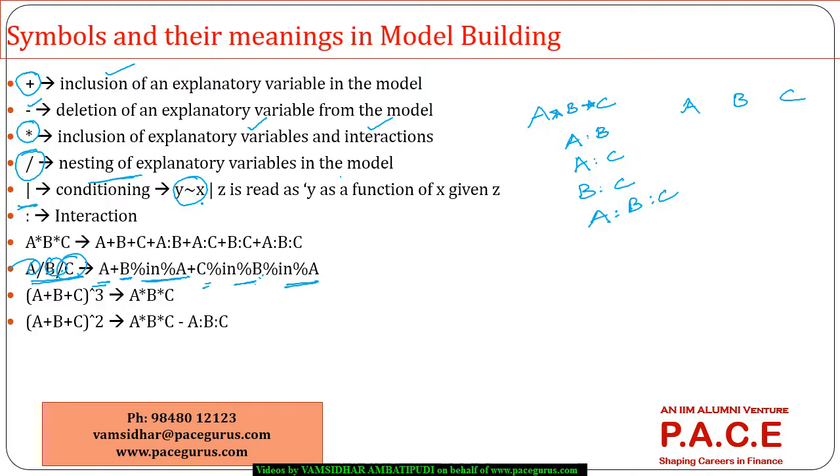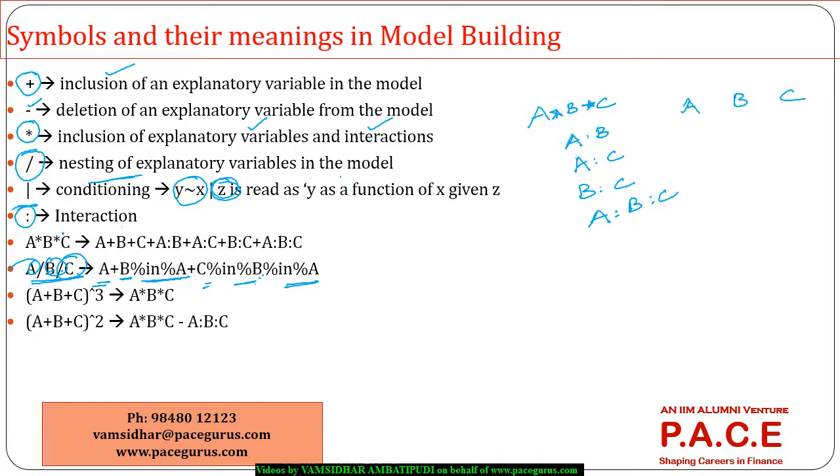a model between Y and Z, Y and X, but given a particular value of Z. Given Z is some specific value, which means only for those specific values of Z, this model is applicable. So if I am saying Z is gender, for a male there is a separate model that is getting built between Y and X. For females there is a separate model that is getting built between Y and X. So that is what we are calling a conditioning variable. Right, so we will have conditional models that are getting built,